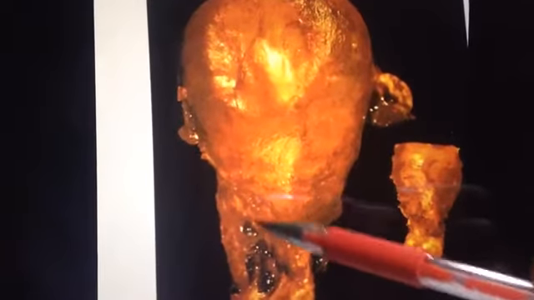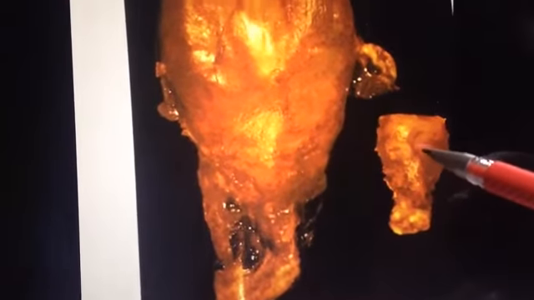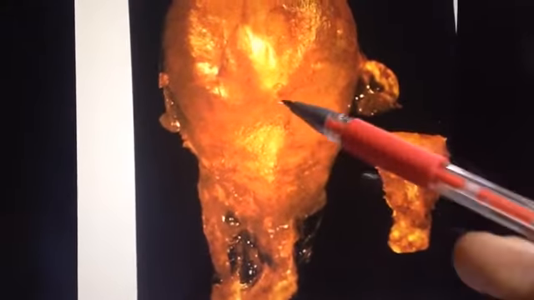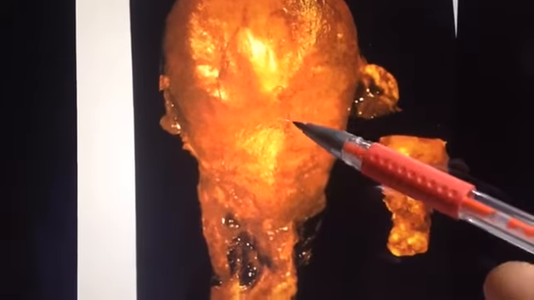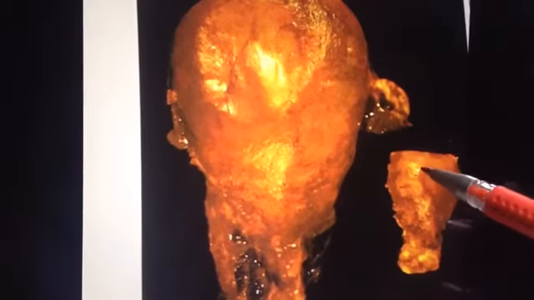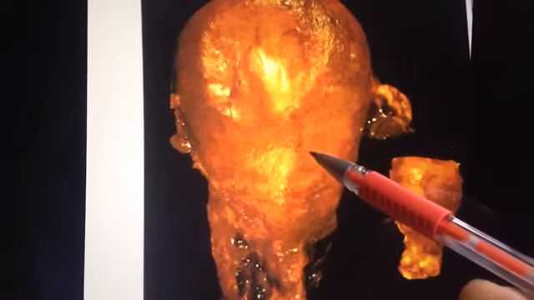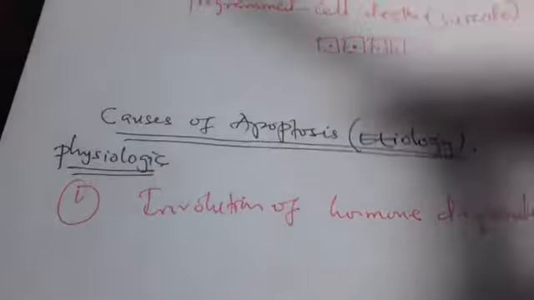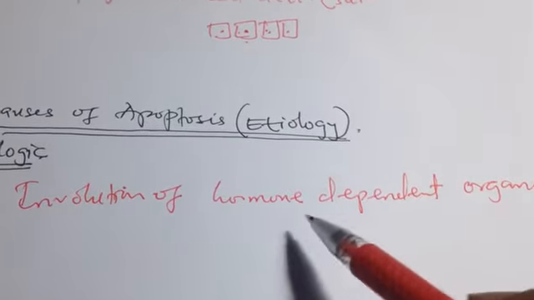For example, this is the uterus in a pregnant woman, and this is the uterus in a normal woman. So you can see this is almost 5 times its size. By mere looking you can say it is 5 times, but in the real sense it actually grows more than 100 times the normal non-pregnant uterus. So for this large uterus to come back to the non-pregnant state, the cells have to undergo apoptosis. When the cells kill themselves, the uterus will decrease in size. This occurs due to the decrease in hormones after pregnancy, because it is the hormones that make it become this large.